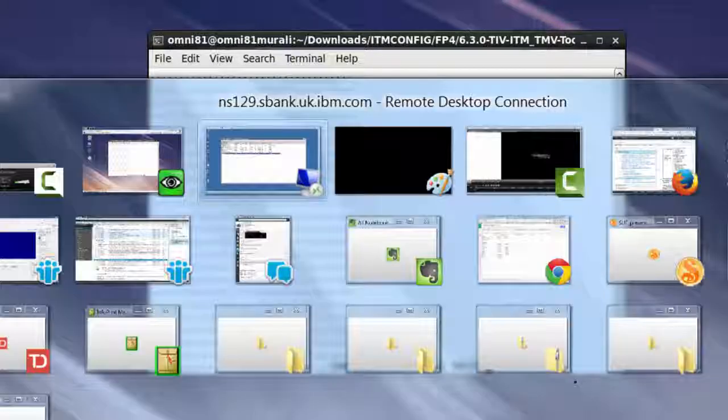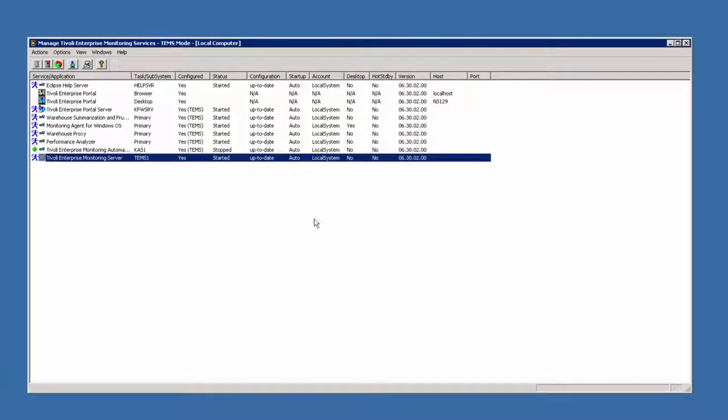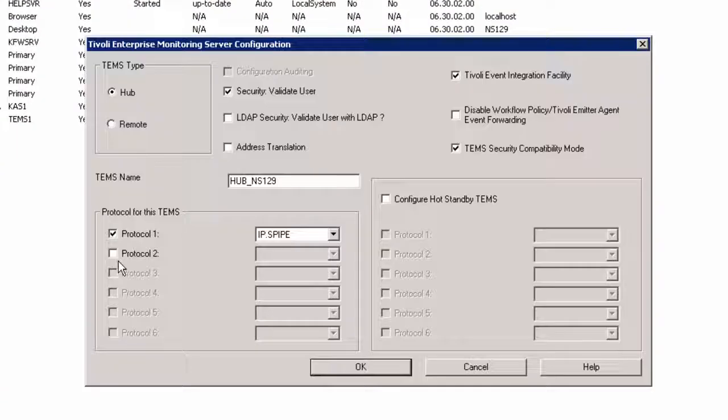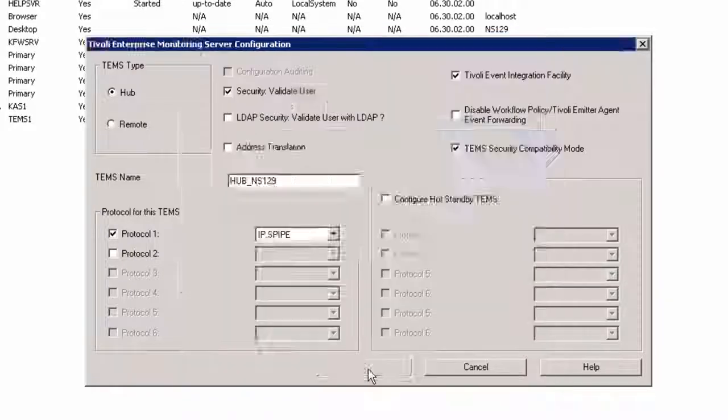Okay, and one more thing that I'll show you is the configuration of the TEMS server to forward its events to the EIF probe that's sitting on the Omnibus server. So if I do a reconfigure on my TEMS server and hit OK and hit OK again,